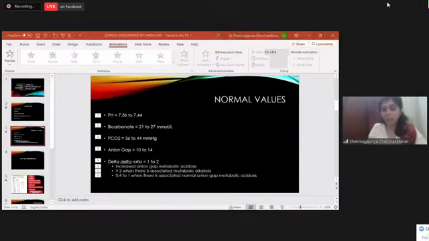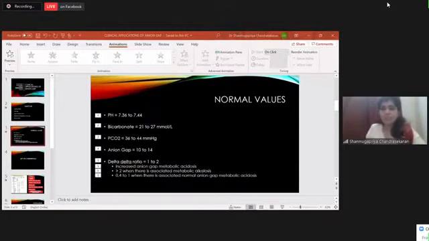And what are the 2 causes of a drop in pH? There can be a drop in pH whenever there is a decrease in the bicarbonate level in the system, because you all know bicarbonate is a buffer which is supposed to buffer all acids. So suppose the body does not have enough bicarbonate, all metabolic acids accumulate. So that's one cause of acidosis. Another cause of acidosis is accumulation of carbon dioxide, because carbon dioxide reacts with water to give rise to carbonic acid. That's an acid, right? So the two possibilities of acidosis are a decrease in bicarbonate, or a decrease in the buffer system available in the person, or an increase in PCO2.